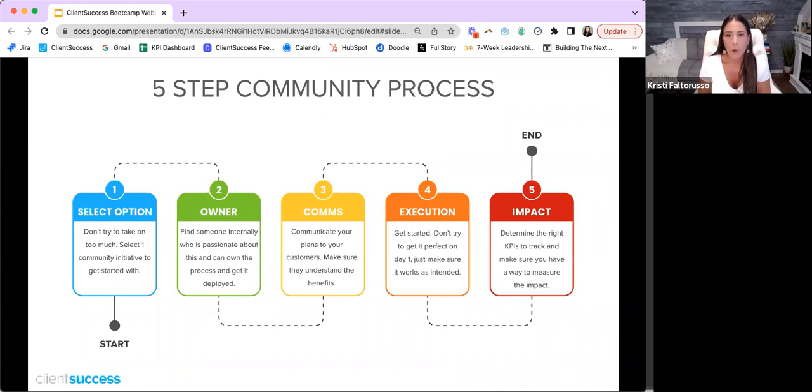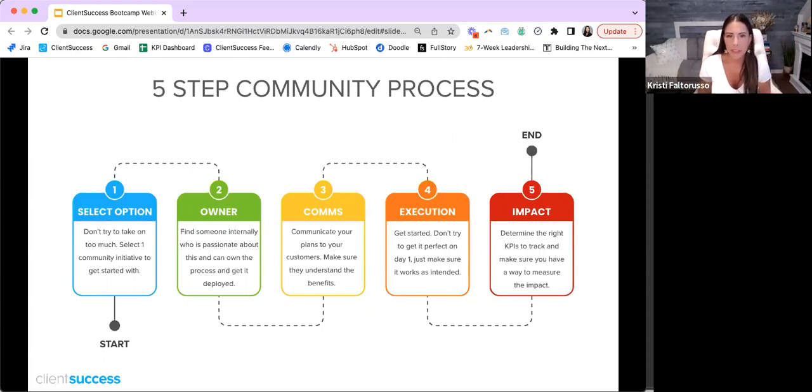And the last thing, which I always try to talk to you all about, is impact, right? You've got to figure out what are the appropriate KPIs that you're going to track in order to say, was this successful? Now, you're going to have to figure out what that looks like, because it's not always going to be super easy. Community is a hard thing to manage when you're thinking about managing it towards the objectives that you have. Now, if you're just saying, hey, listen, our goal is to just bring 30 people to a conversation and have each one of them speak at least once over the course of an hour. Okay, great. That could be the objective, right?